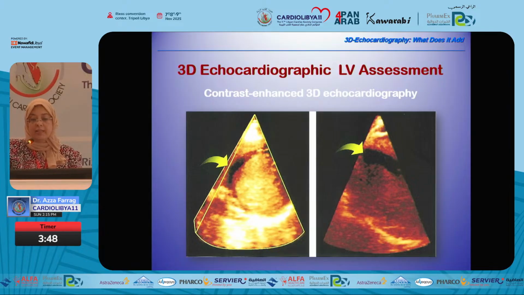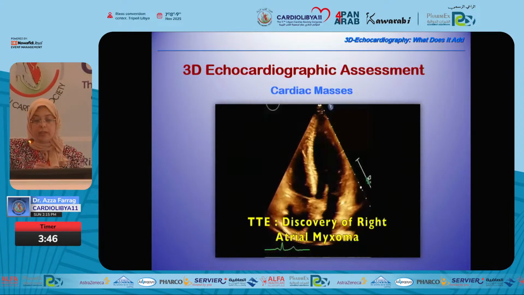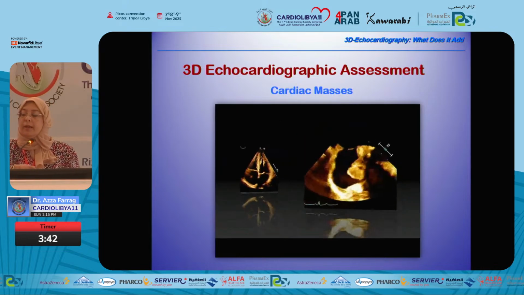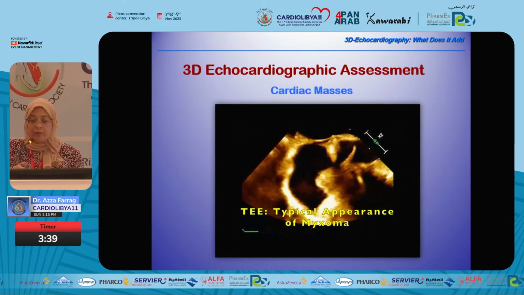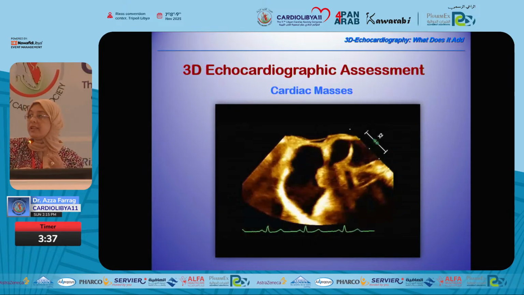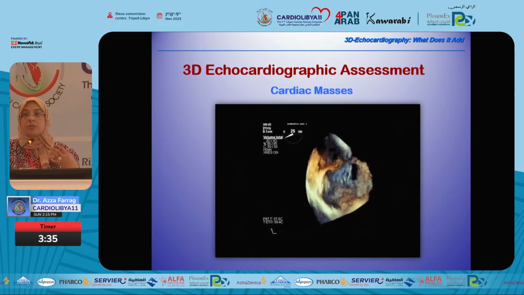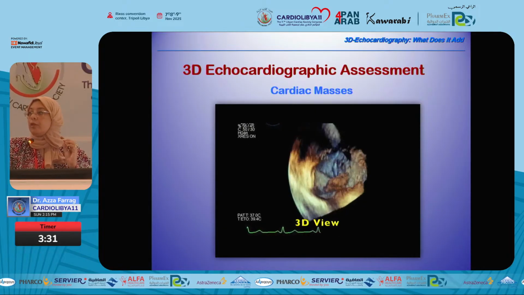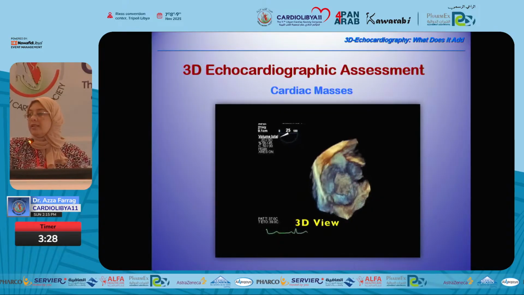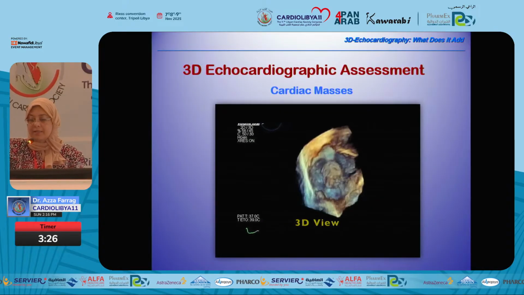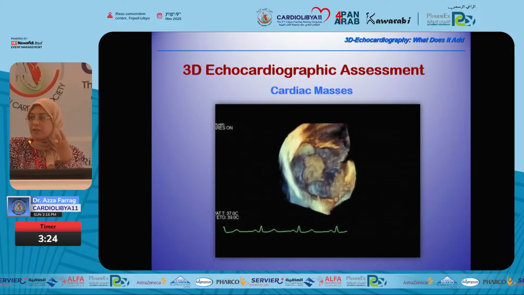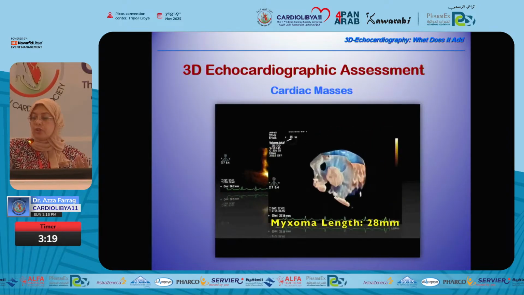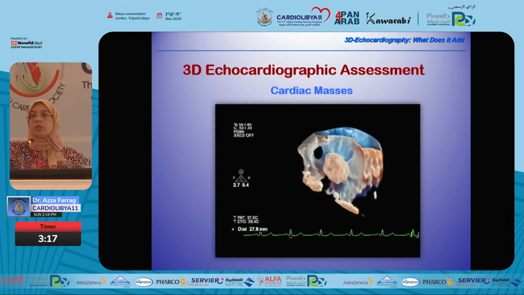The contrast enhances 3D echo to improve the image quality, and one of the most important software present in different vendors is related to how to see the cardiac masses. Of course, you cannot confine yourself to a pathological diagnosis for evaluation of cardiac mass. You can just illustrate and evaluate the shape, the anatomy, and the physiology of this mass,